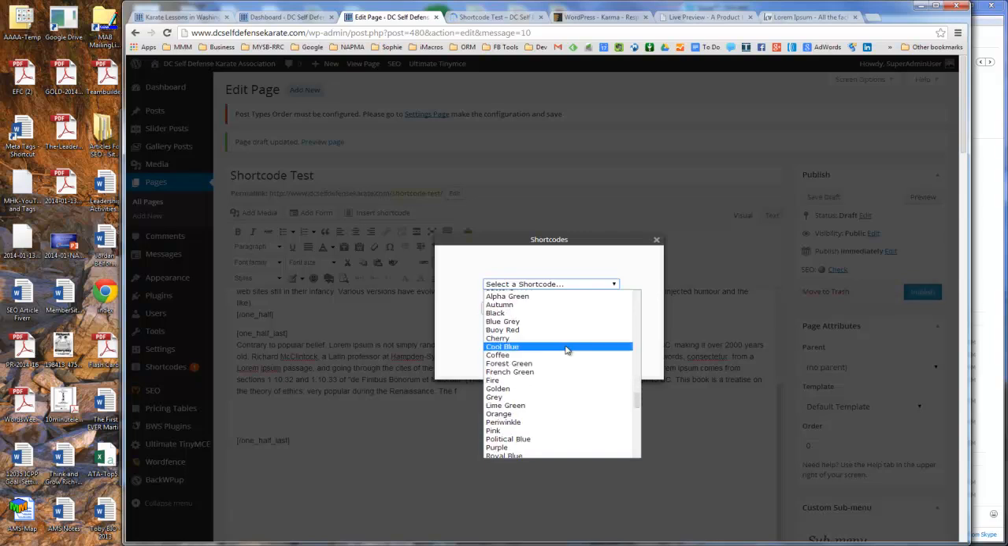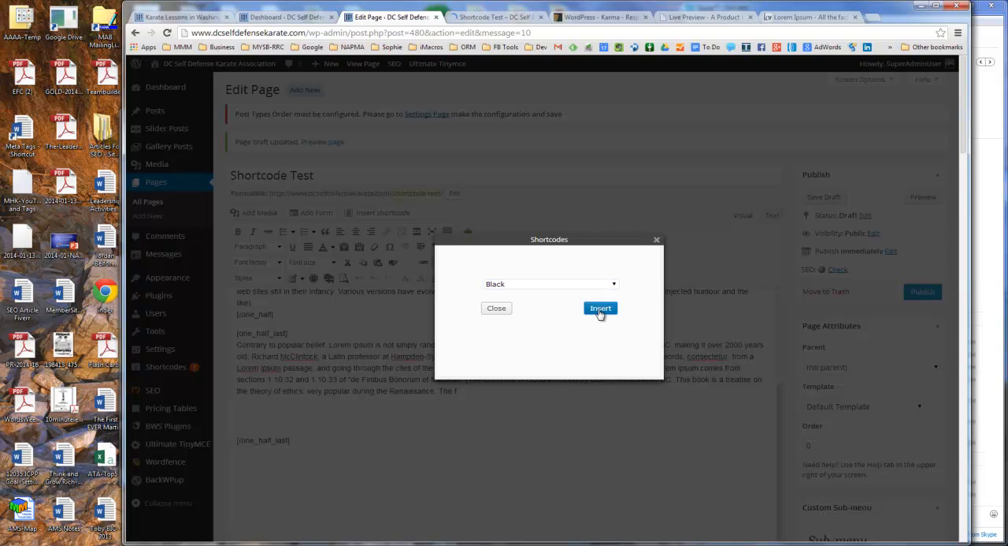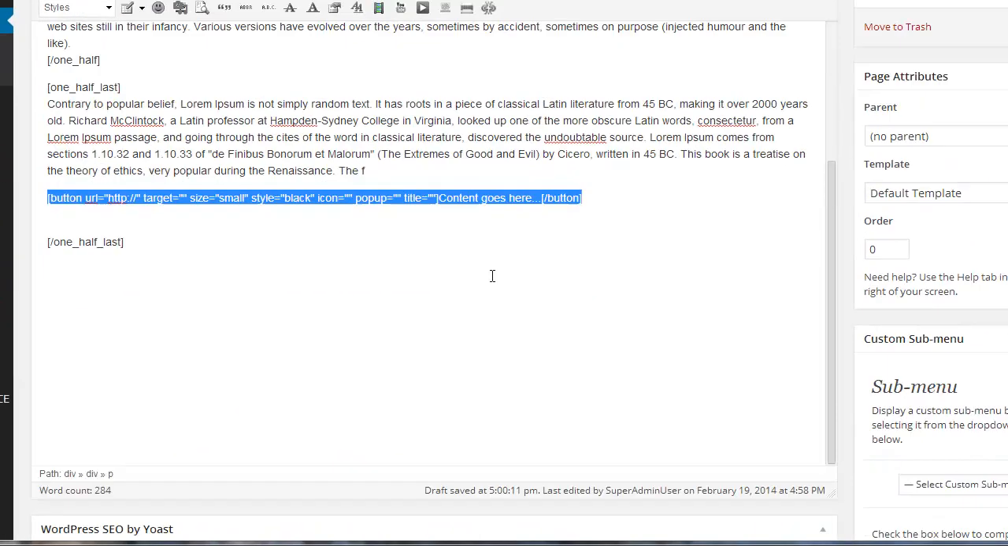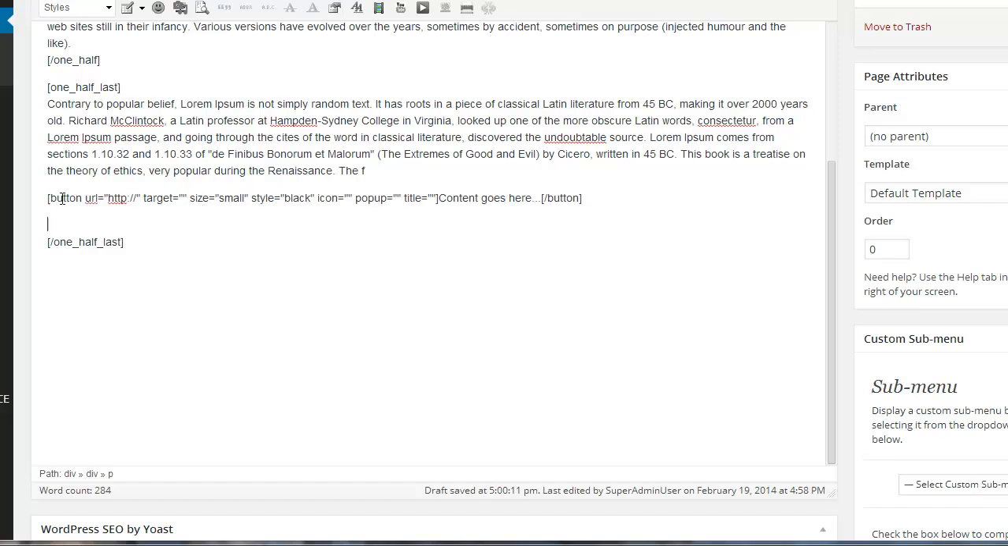Buttons. Let's say I want a black button. Hit insert. So here's my button shortcode. Now again, this is slightly more complicated because it's a button, but it's English, right? So here's the button URL, meaning when I click the button, where do I want to go? Let's say I want to go to Google. I don't know why I want to do that, but I'm just going to put in button URL equals google.com,